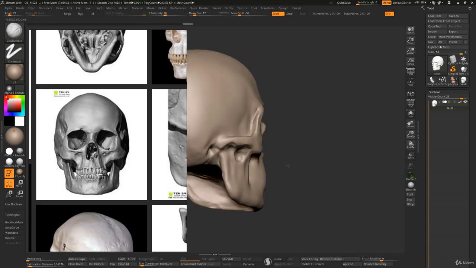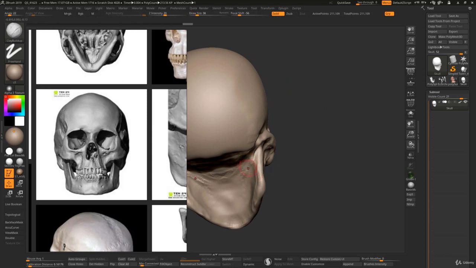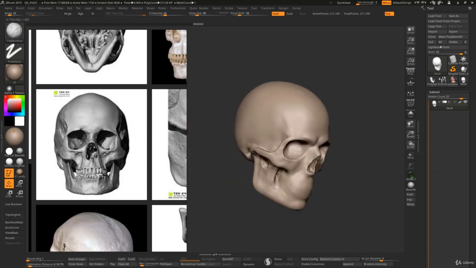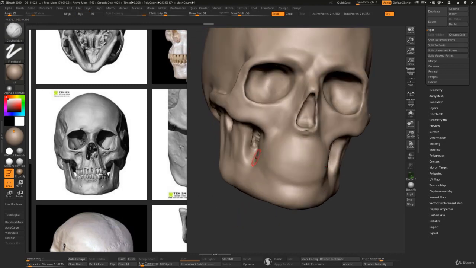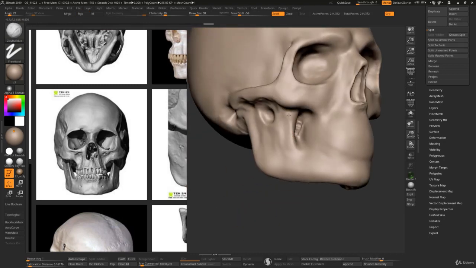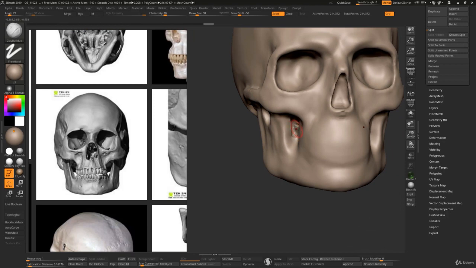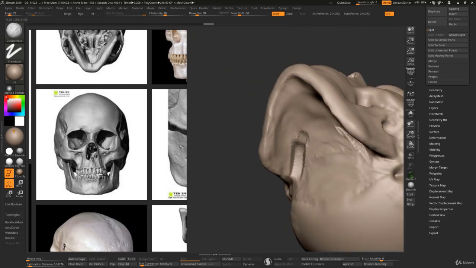We could, but for that we're going to need to do more Dynamesh. Let me show you. If we wanted to make a hole here, we would have to carve this more this way,